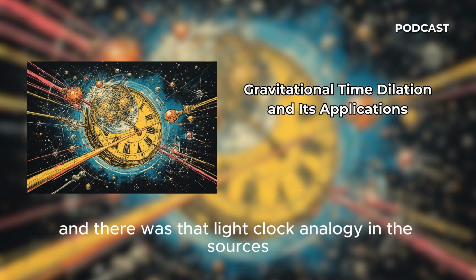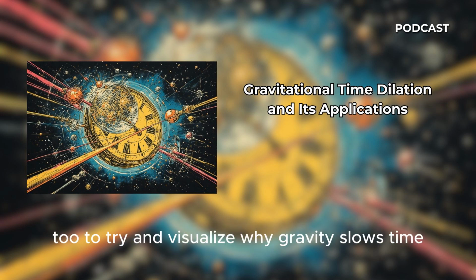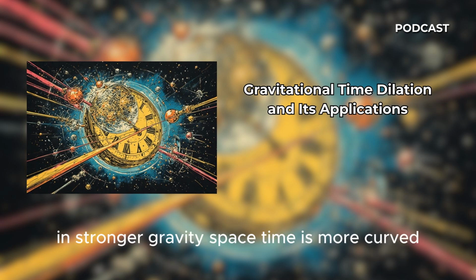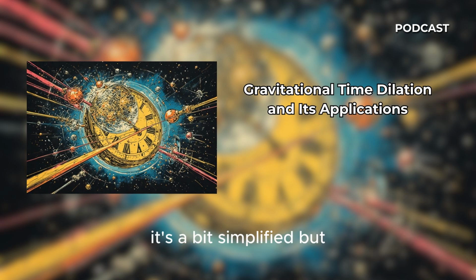Definitely. And there was that light clock analogy in the sources, too, to try and visualize why gravity slows time. Yes, the light bouncing between mirrors. Yeah, each bounce is a tick. In stronger gravity, space-time is more curved. It's a bit simplified, but you can think of the light having to travel a slightly longer bent path between the mirrors because of that